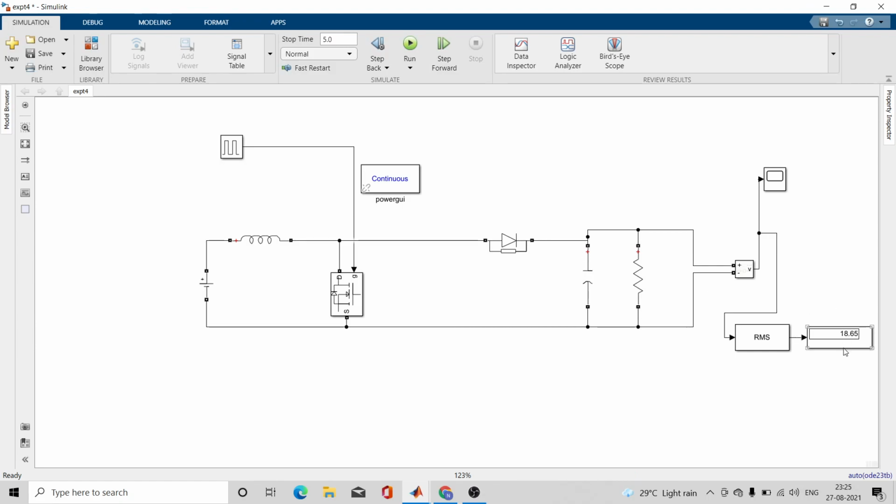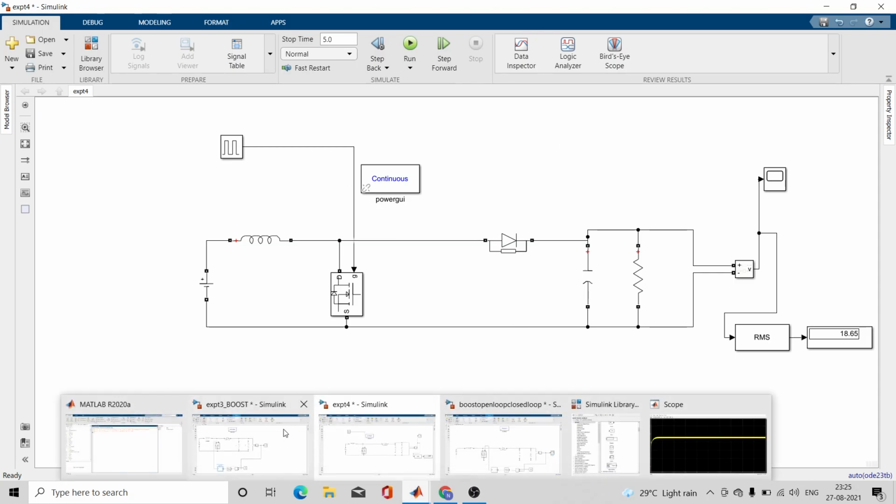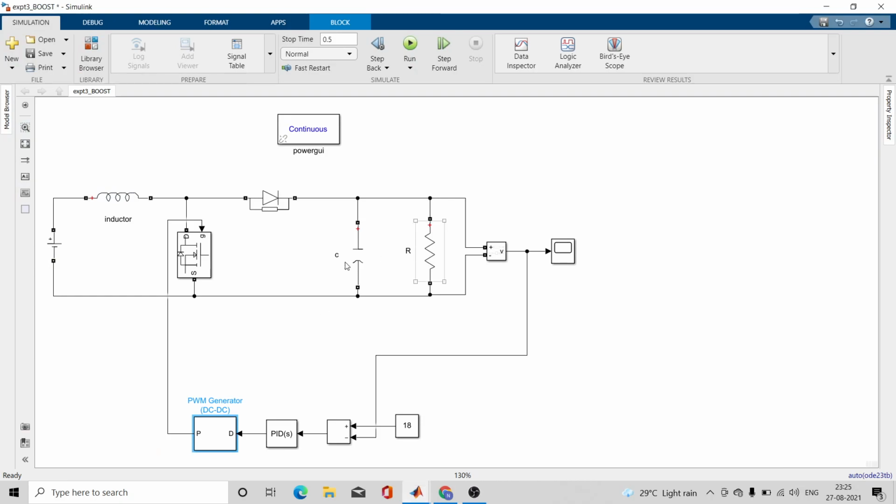Yes, so the output RMS value is 18.65. So this is what I wanted to discuss with you. This is the open loop boost converter, and this is a closed loop boost converter.